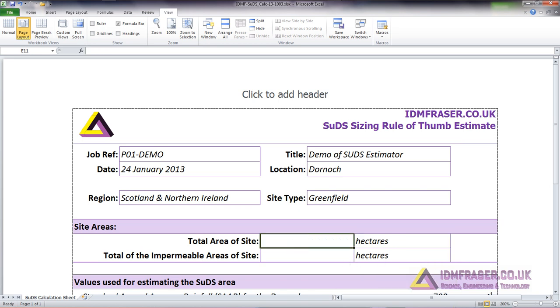Once you know the site area, it's simply a case of adding it into the box. If you've worked out the impermeable areas, then you simply add that in the box below. But sometimes if it's an early development stage, you may not know exactly what the impermeable areas are going to be, or how many buildings are going to be on the site, or where the road is going to be located. So in that case it's better to use an approximation, and I normally assume about 45% of the total